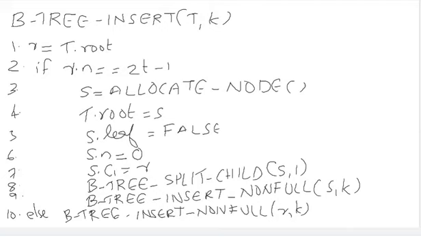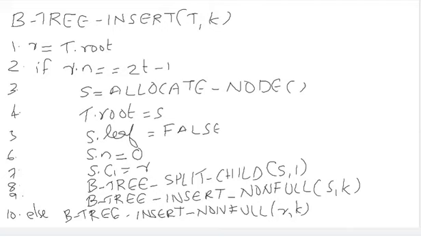So we are given this B-tree T and K, the entire tree and K. In this tree we are trying to insert this K. The first step is we assign R, or we move T.root to R. Then, if R.n is full, which means R.n is 2t minus 1, which means R is a full node,